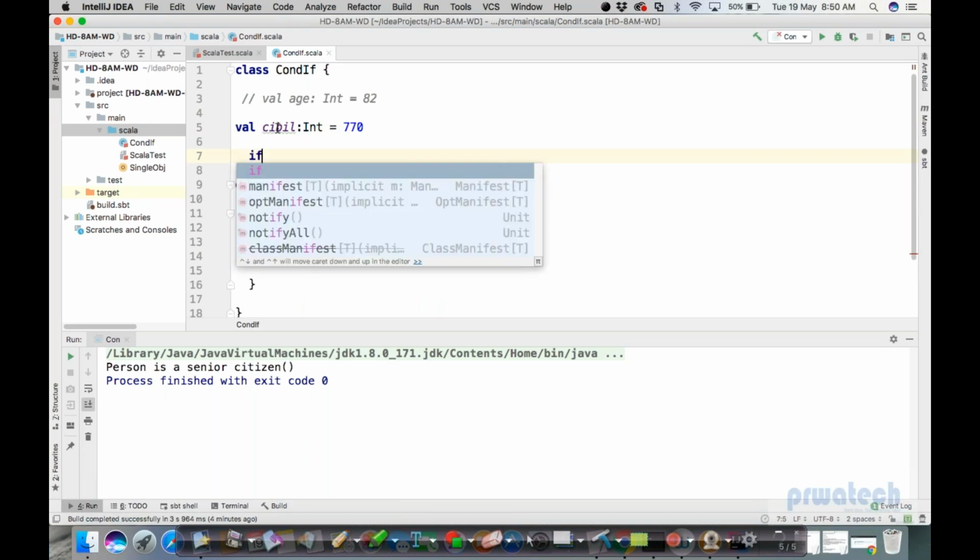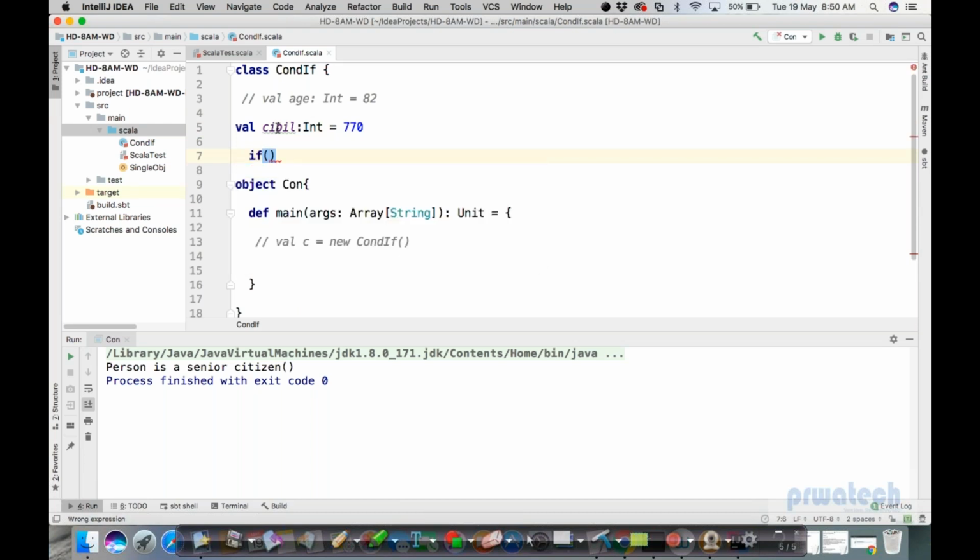Then I'm giving the condition: if Sybil is more than 0 and Sybil is less than 900, which, by the way, means both conditions are going to be true. I'll just try to revert this. I'll say this 900, then